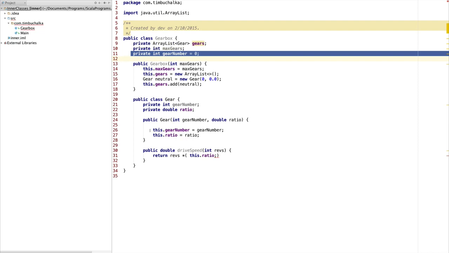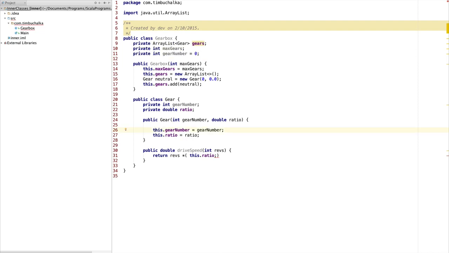So keep that in mind: when you're using this, particularly with inner classes, you're dealing with the class that you're currently in. In this case, we're talking about the gear class. That brings up an interesting point: using the same variable name for two different things like this is confusing. Inside the gear, both this.gearNumber and gearNumber refer to the gearNumber of the gear and not the gearbox itself. So if you want to refer to the gearbox's gearNumber from an instance of the gear class, you have to use